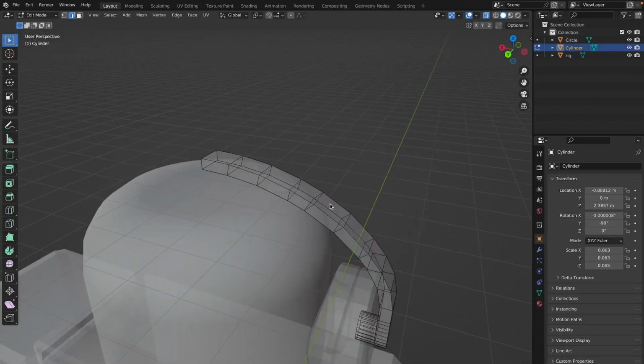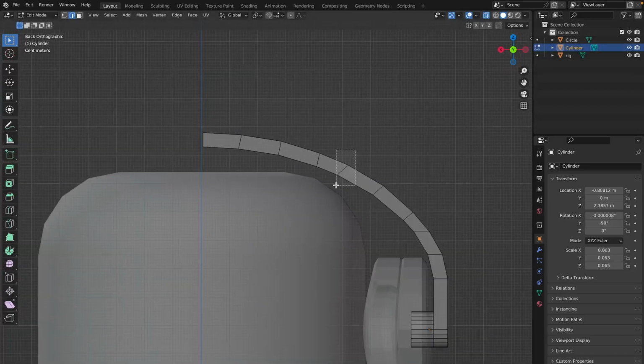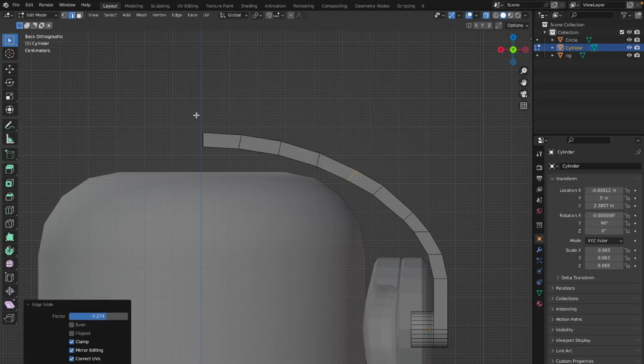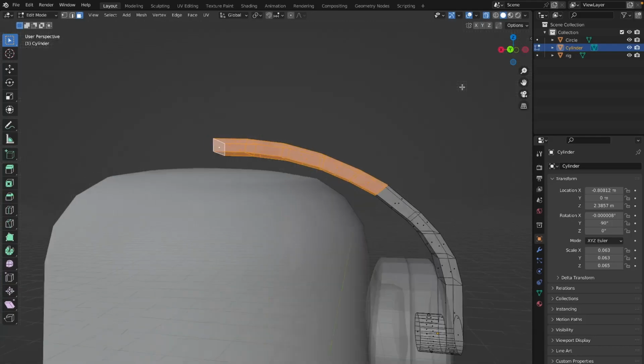So select this little band thingy and tab into edit mode, and I'm actually going to select this and press G twice, so G and G, and that will slide it along its geometry. It'll slide the vertices. I want my band to be this big, so that's why I was dragging it. So I'm going to go to the face selection mode and just select all of these,